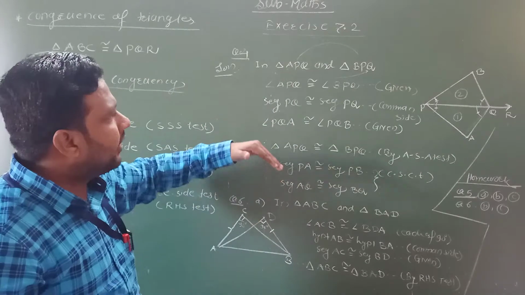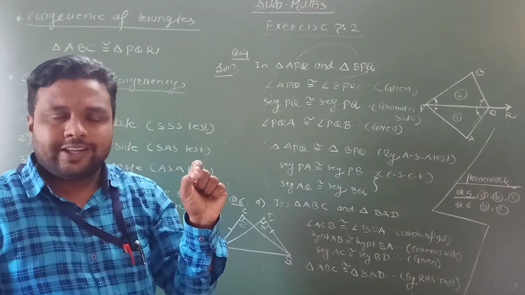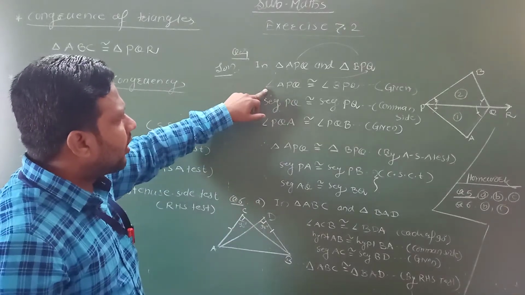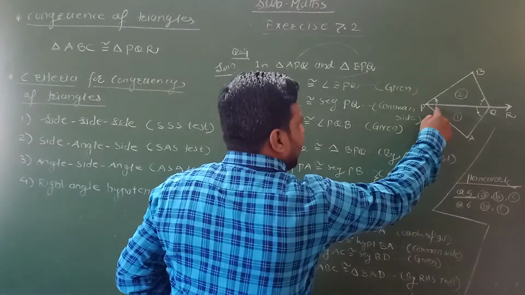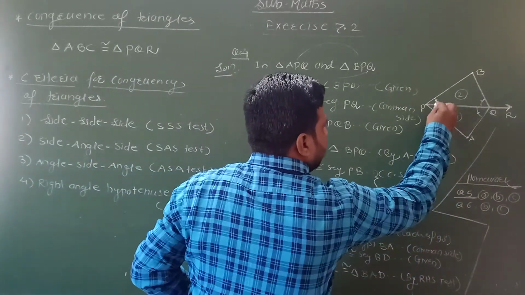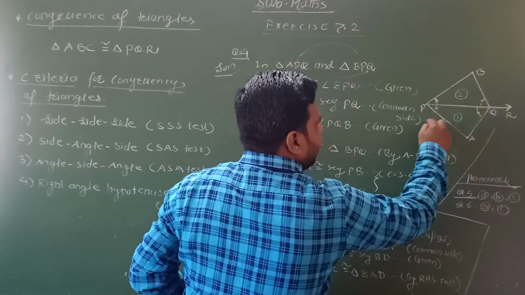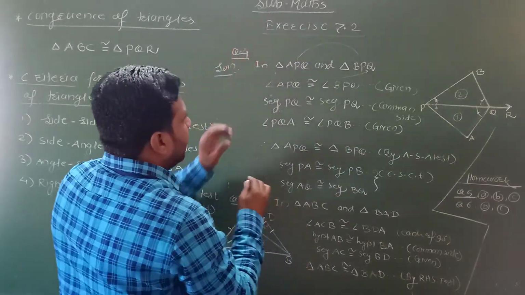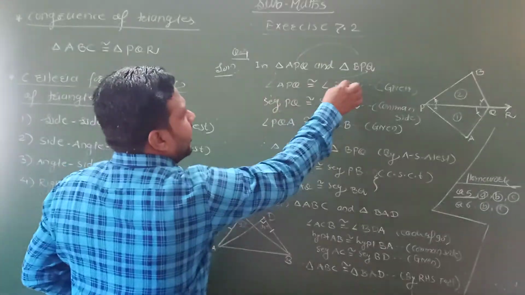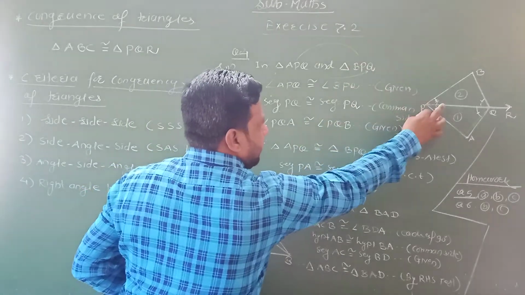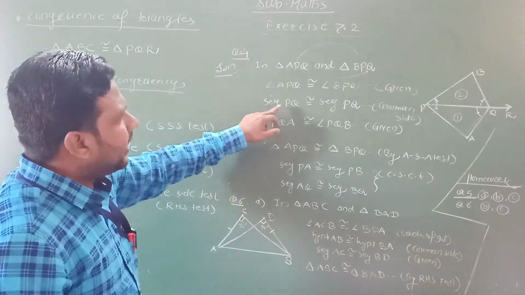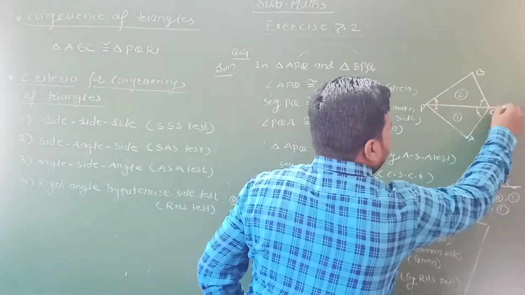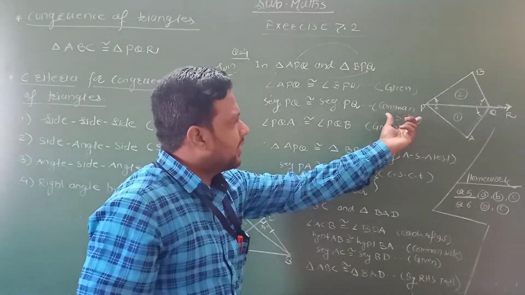After that, we write the three equal parts in the given two triangles. Now, which are the parts? The first pair of congruent angles is this angle. We write angle APQ in triangle APQ. The second angle is what? BPQ. From that we can also write the right correspondence: angle APQ is congruent with angle BPQ. This is given. Second, we write segment PQ is congruent to segment PQ. This is the common side in both the triangles, so here I mention common side.